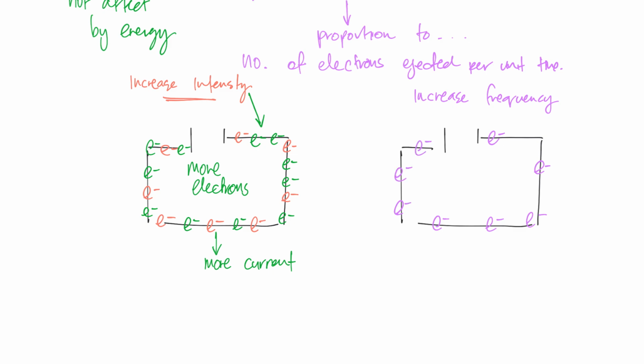And now I want to increase my frequency. Your intuition may be that the faster moving electrons must imply that there's more flow of charge, just like a river that starts moving faster if there's a greater flow of water. Now, what's happening here is,